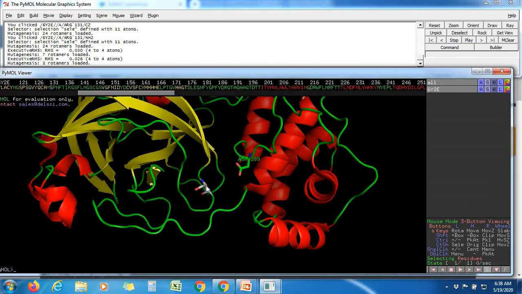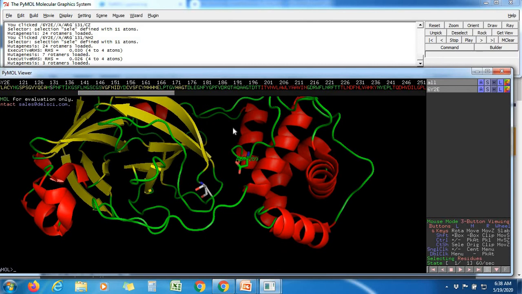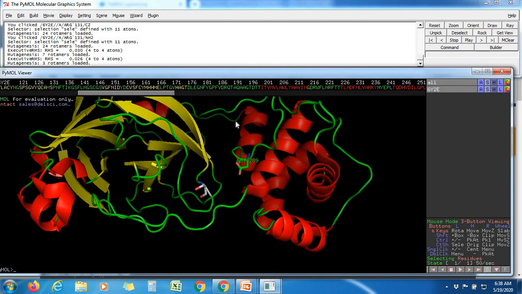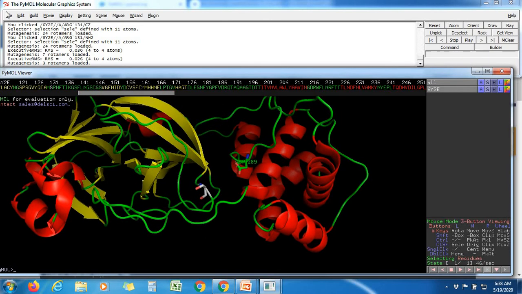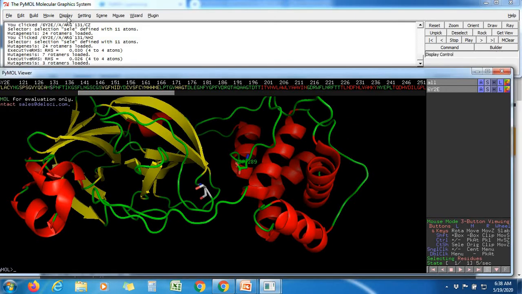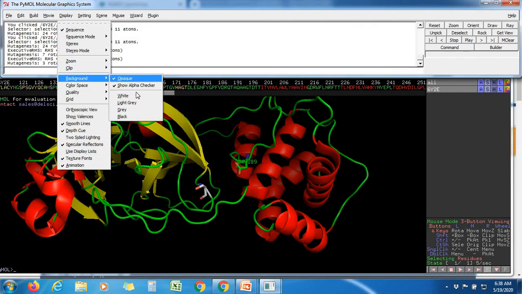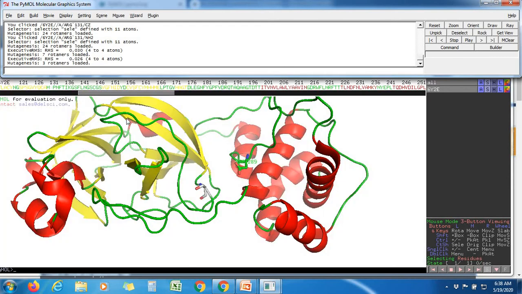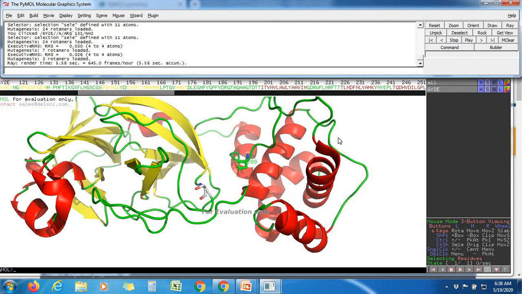Now if you want to save this whole thing as an image, you can do the same thing: file, save image as PNG. Or if you want a different background, you can change the background to white, and you get a clearer picture. Done.